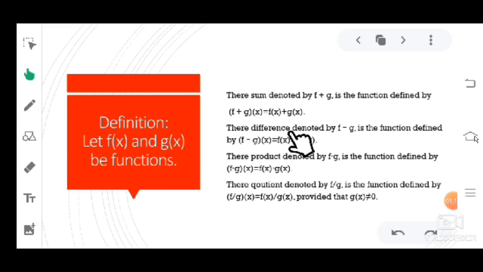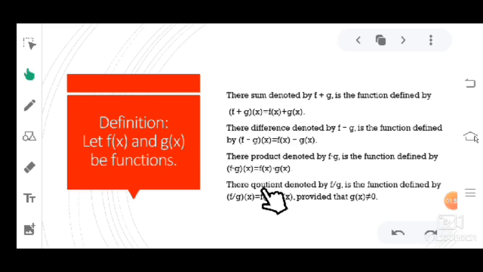And their difference denoted by f minus g is the function defined by f minus g of x, and it is just equal to f of x minus g of x. The same with their product, it is denoted by f times g, and it is a function defined by f times g of x, and that is just equal to f of x times g of x. Just somehow like the usual addition, subtraction, multiplication, and the same with the